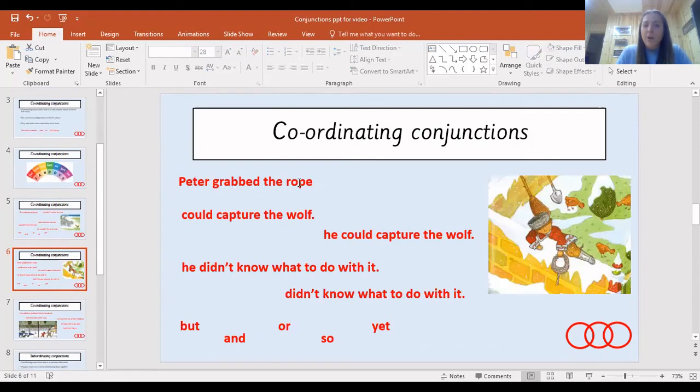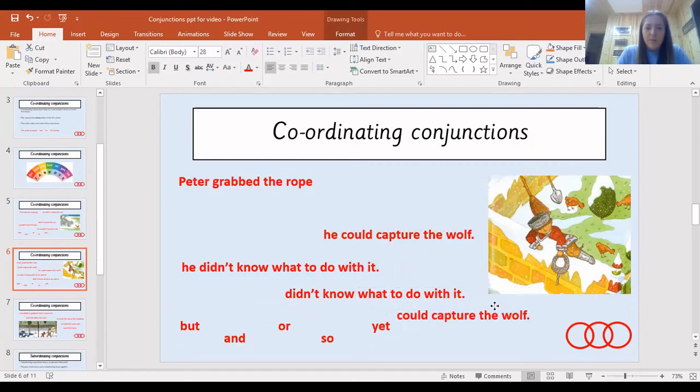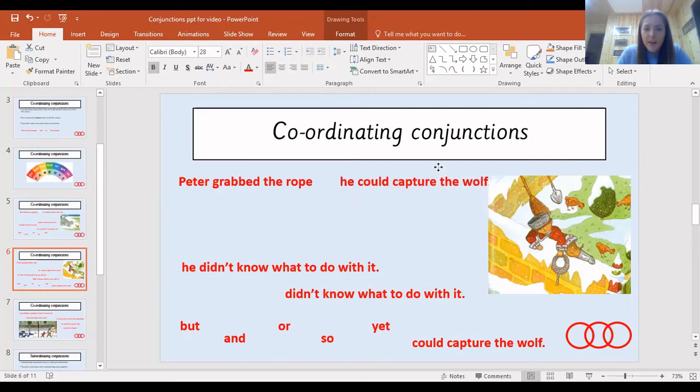Peter grabbed the rope is my first clause. And I've got 4 different second clauses, and I'm going to see which ones make sense on their own and which ones don't make sense on their own. Could capture the wolf. That doesn't make sense on its own, so I'm going to move it down the bottom so that I know it doesn't make sense on its own. He could capture the wolf. Well, that makes sense on its own, so I'm going to put that up here